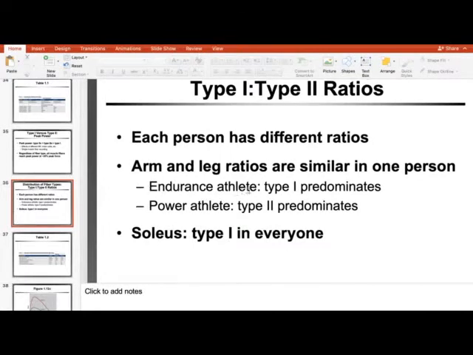For individuals who usually do endurance, it's not that they choose to do endurance, but over the course of your youth, you're exposed to many different sports, and typically kids will continue to do sports that they're good at. So a lot of times people will say, does gymnastics make people short? Does it make people bulky? No, but the kids who are short and bulky are typically good at gymnastics and want to continue to do it. So individuals who typically gravitate towards endurance type activities are typically individuals who have a higher number of type